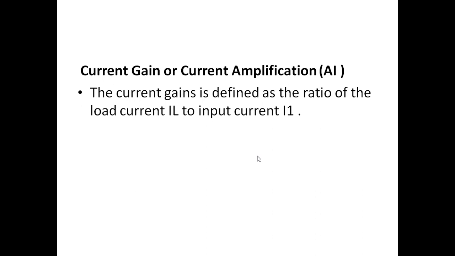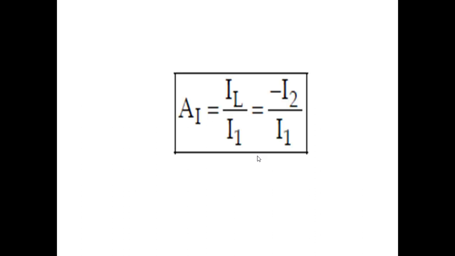Here the output current is measured at the load. AI is equal to IL by I1, where IL is the load current. This is the output current, I1 is the input current. So the ratio of these two, IL by I1, gives the current gain for the given circuit,